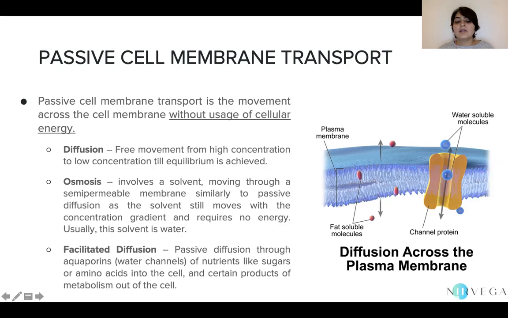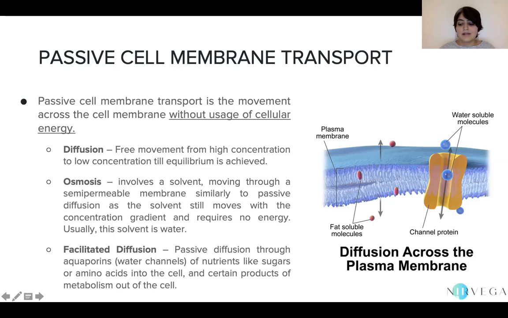So these water channels help to transport nutrients like sugars and amino acids into the cell, because when we consume food, what is digested is eventually broken down to the most basic units, that is glucose and amino acids, and only these are the units which can actually be consumed by the cell for energy production and for doing its functions. So these need to be allowed to enter the cell. So facilitated diffusion is the way through which sugars and amino acids enter the cell, and certain products of metabolism,